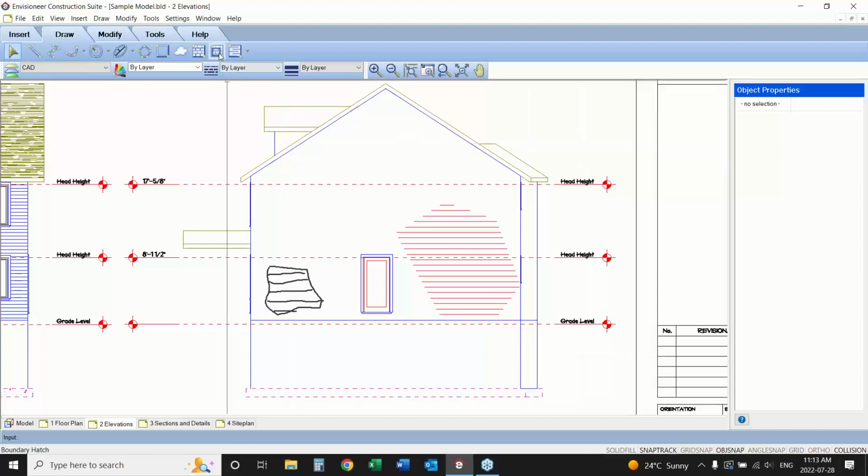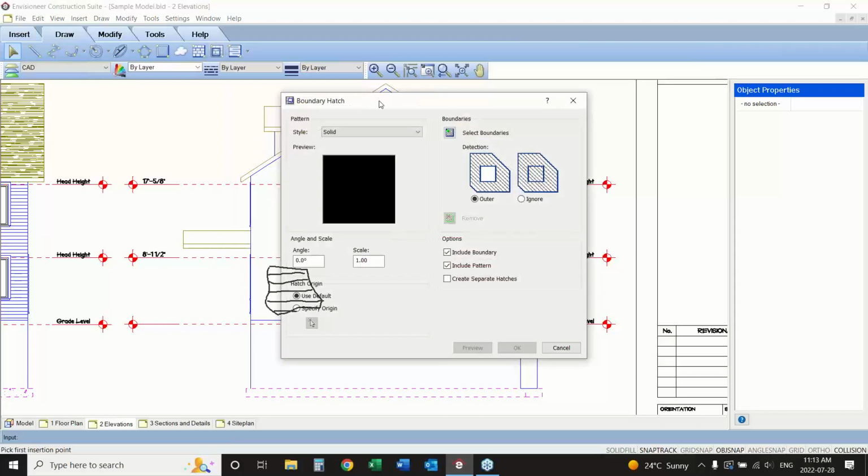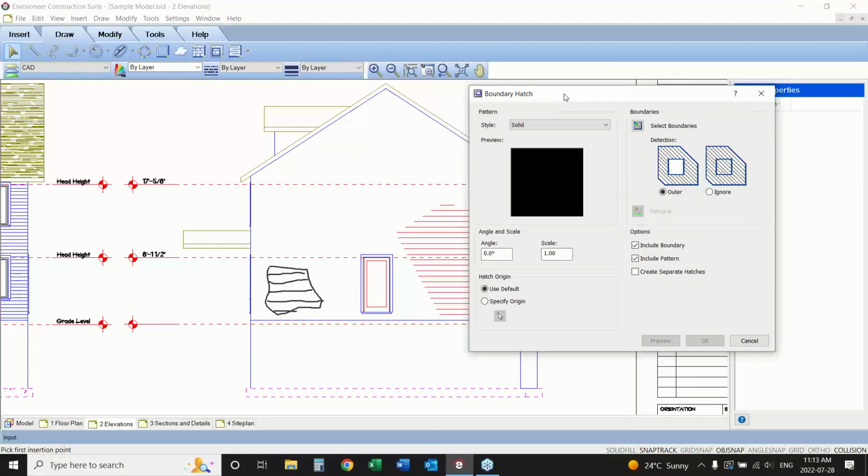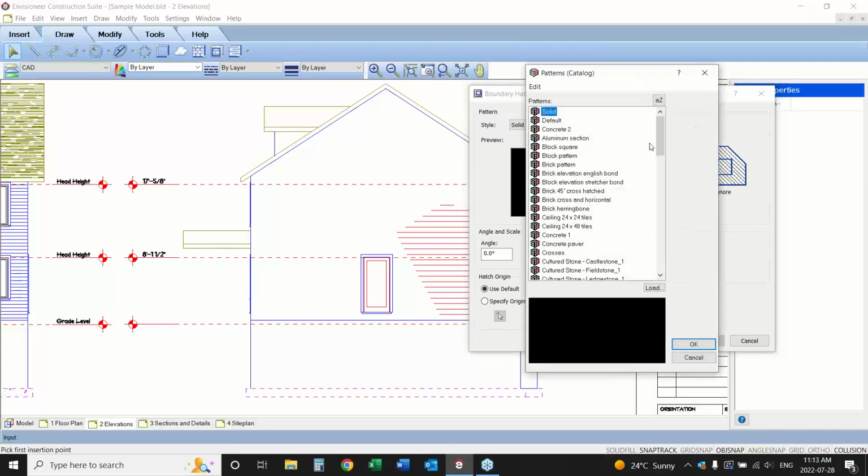The other option that you have is called boundary hatch. Boundary hatch will detect a boundary, lines that fill in and create an area, and then it will fill in hatch in that area. So as an example, we're going to be filling in hatch in this roof area. So it will recognize these lines right here, and it will fill in hatch in that area for us because it will see those lines. Okay, to do that, we tell it first of all the hatch pattern that we want. So I'm going to left click here and tell it that I want shingles,